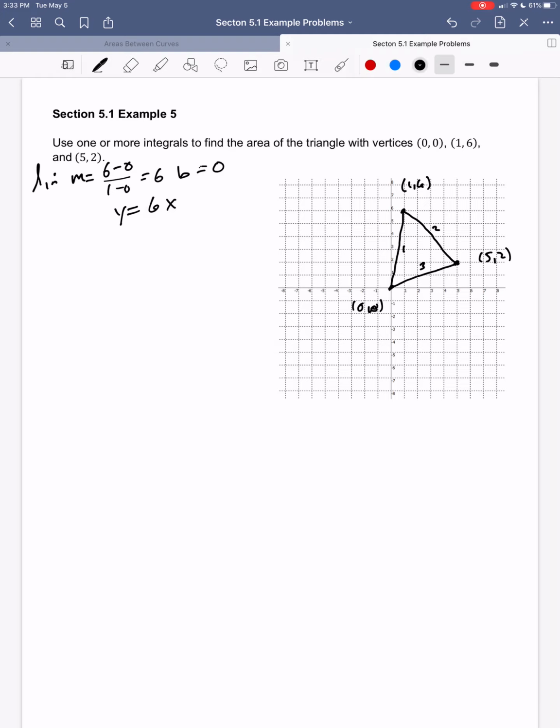Okay. Line 3 is also pretty easy. It also has a y-intercept of 0. M would just be change in y over change in x, so 2 minus 0 over 5 minus 0, so that would be 2/5. My b is equal to 0, so I would have y equals 2/5 x for line 3. For line 2,